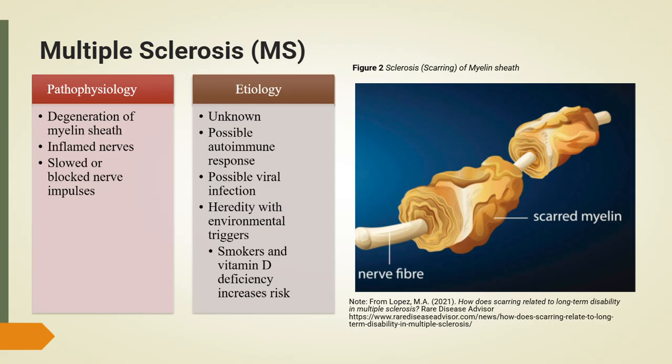Understanding these mechanisms helps with patient education, early recognition of symptoms, identification of risk factors, and support during relapses. It also explains why multiple sclerosis symptoms can be unpredictable depending on which areas of the central nervous system are affected and the degree of inflammation occurring at a given time.